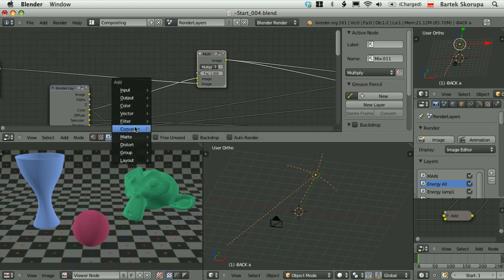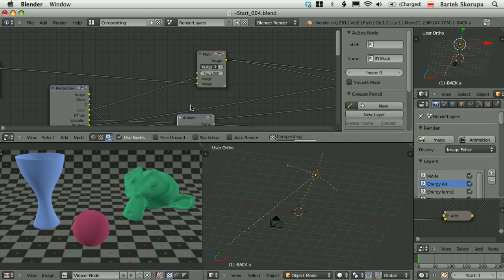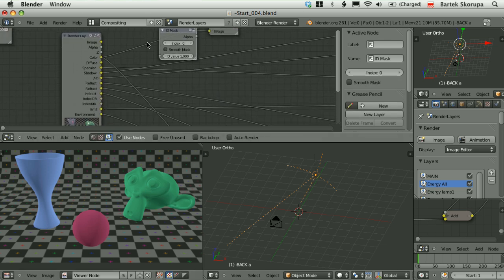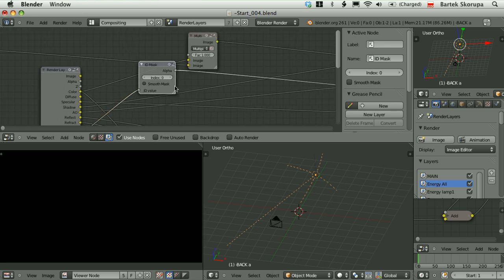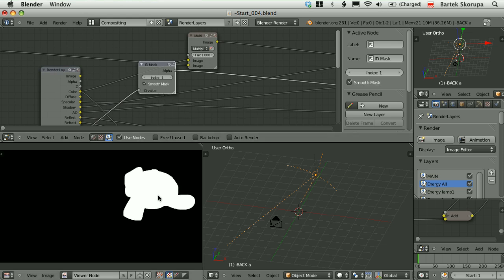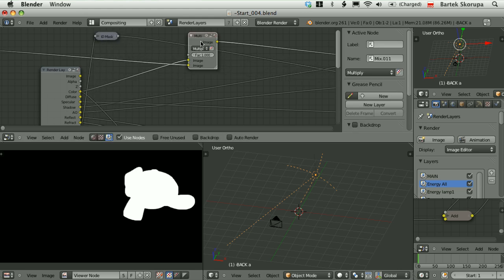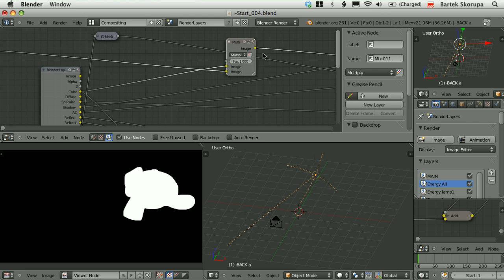So let me add the converter ID mask, connect the object index here. Let's take a look at it. When I set this index to 1, I have the alpha channel of the monkey. Let's smooth this, H to collapse it. And now I can take, for example, this node, duplicate it, plug it here. It doesn't want to plug in. Okay,